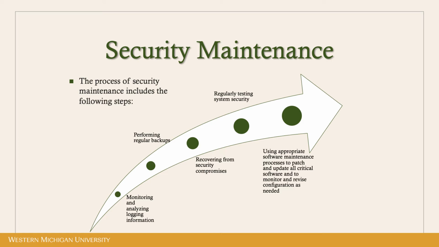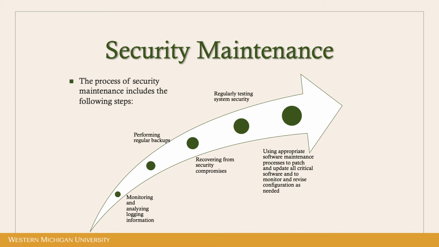We want to regularly test our system security. That's kind of what we were talking about on the last slide. Part of the security maintenance process is making sure that we regularly, and hopefully as often as possible, test our security posture. Let's make sure, because new vulnerabilities are coming out all the time. So we can use things like vulnerability scanners that actually get updated with all the latest and greatest threats and attacks out there that can go out and scan our systems for us